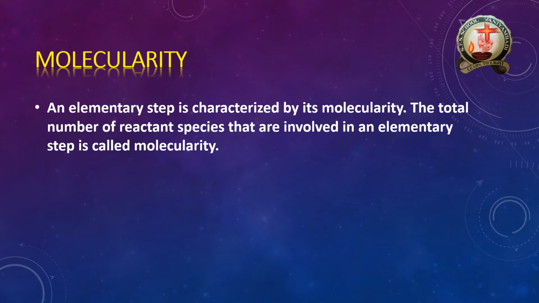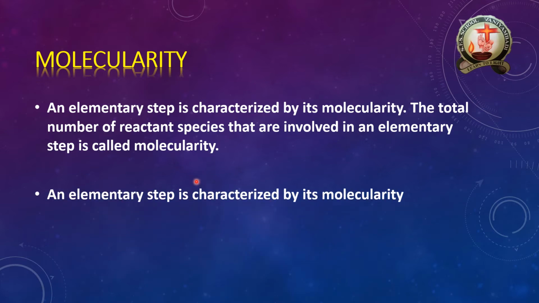The exact definition is: the total number of reactant species that are involved in an elementary step is called molecularity. So with 10 kg of the reactant, but the elementary step is going to give only 1 kg, it is first proposing the reaction mechanism. That 1 kg is called an elementary step. The total system is called the molecularity.